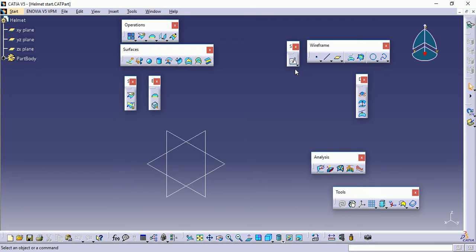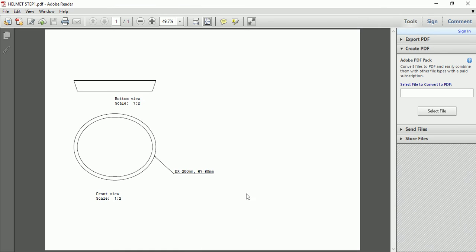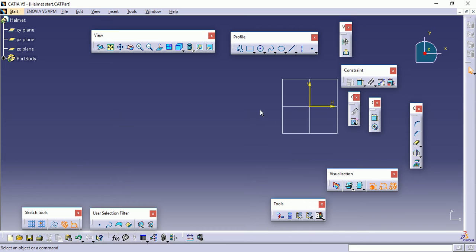Now a helmet has basically three sections: base, top, and middle. First we will develop the middle section. Here I have a simplified drawing of the base section. It is basically an elliptical cross section of diameter 200 and radius 80.